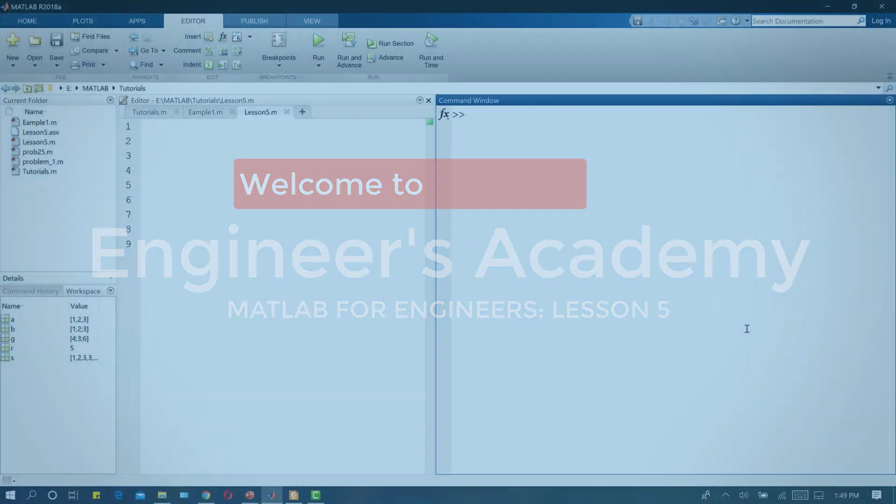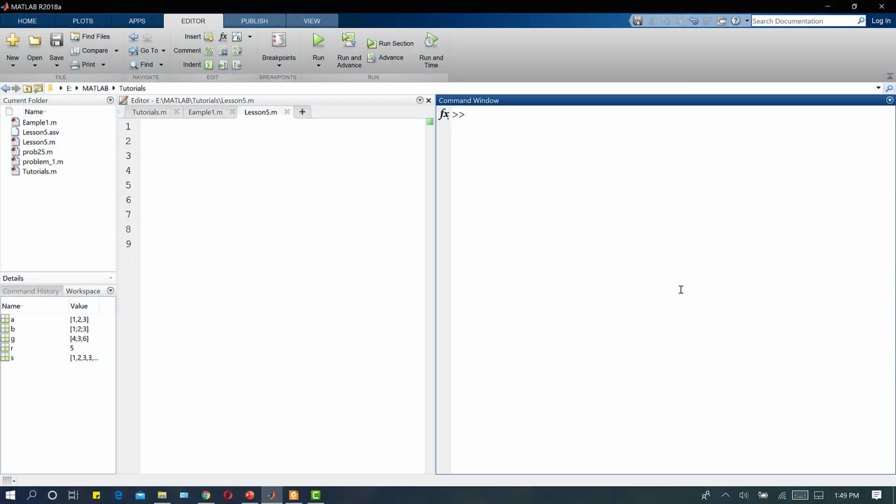Now in this lesson we will learn how to enter an array. What is an array? An array is a combination of many numbers. So far we were working with only one digit. We used to store one digit in a variable. So in the previous example we stored the radius value as only one digit. We used to write radius is equal to 8 meters.